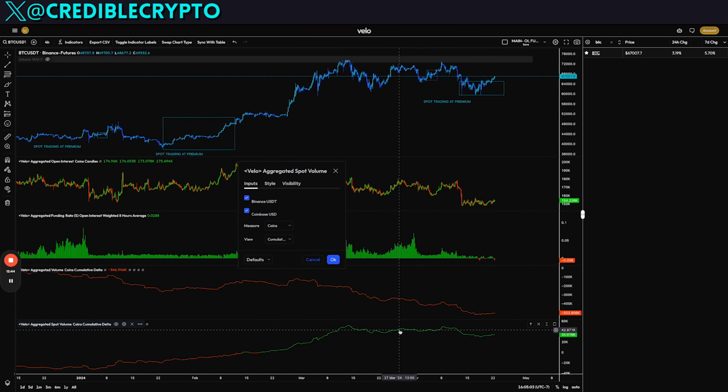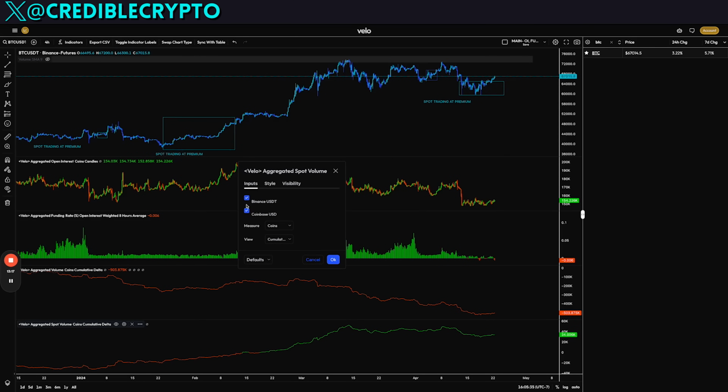That gives me the net effect. It takes the pluses and minuses from both Binance and Coinbase, adds them together, and gives me the difference. So for example, in this case, I know that the net buy pressure from Coinbase and Binance, the net cumulative volume delta, has been positive since this level here. But if I really wanted to see which one is causing that positive skew, I can see here that it's actually Coinbase, because Coinbase has been rising while Binance has been falling. So when I combine them, I know that this slight skew to the upside is coming from probably